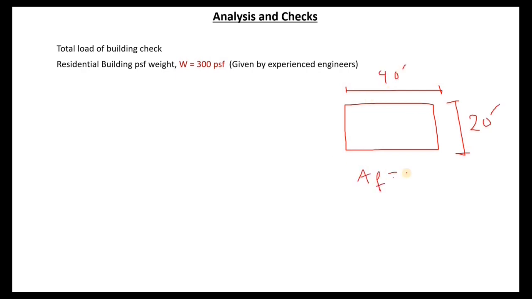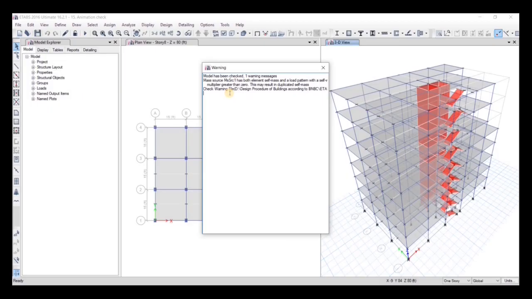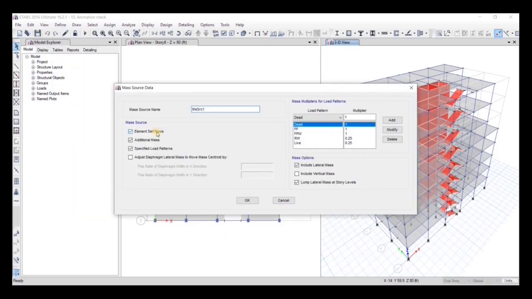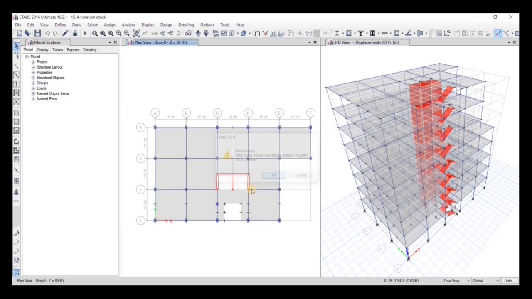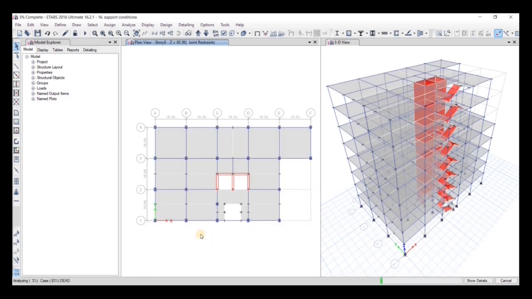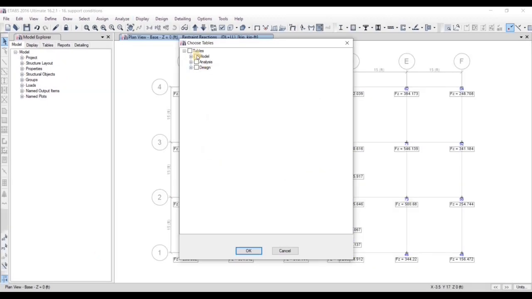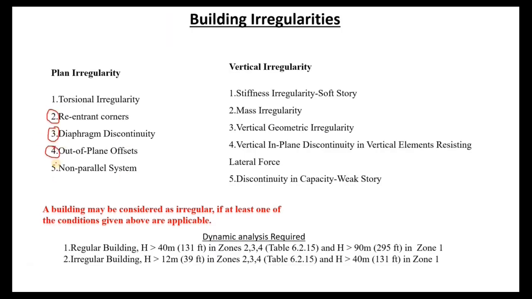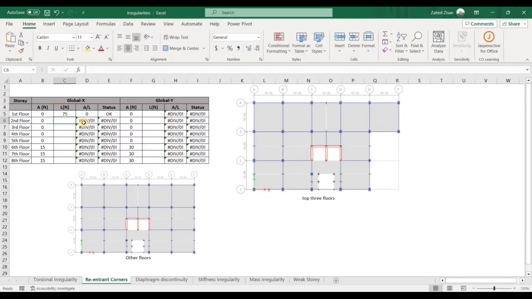In the eighth section, you will learn how to run analysis in ETABS and how to use the analysis output to do analysis checks such as checking the total load of a building, check for gravity loads, check for lateral load, and you will also learn how to calculate the transfer of load from slab to beam by means of hand calculation. In the ninth section, you will learn about the building irregularities and how to check for the irregularities